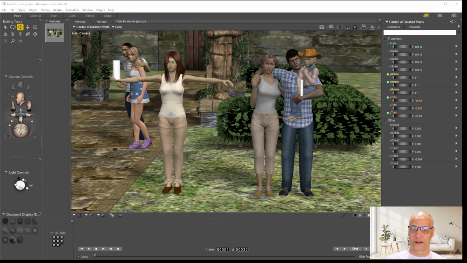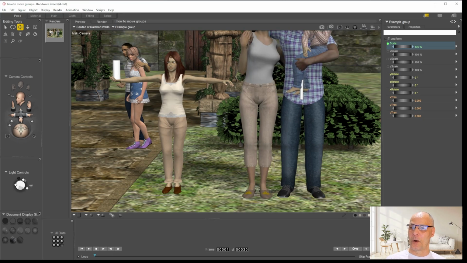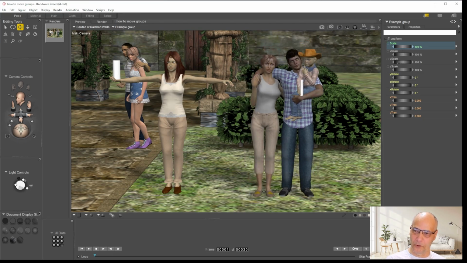Yeah, here we go. So I need to drag that out and make it a child of the universe. Go back to the group. Hopefully that sorted that out now. So now I can scale a group, but more importantly, for the sake of this, supposing I want this group here to,